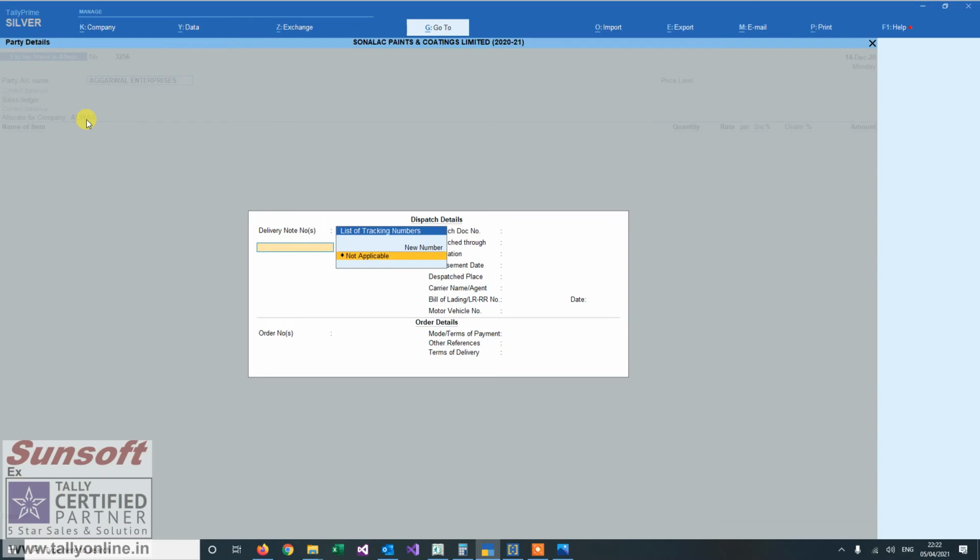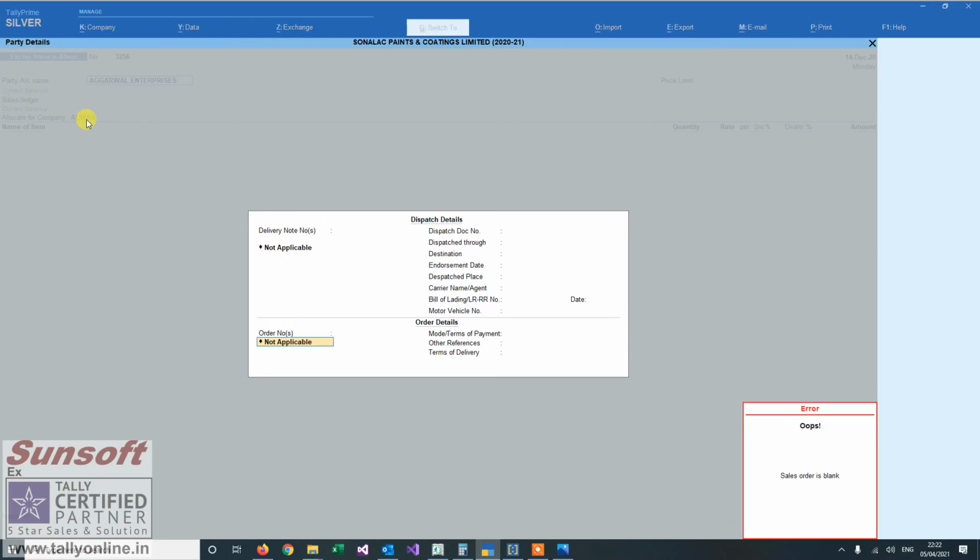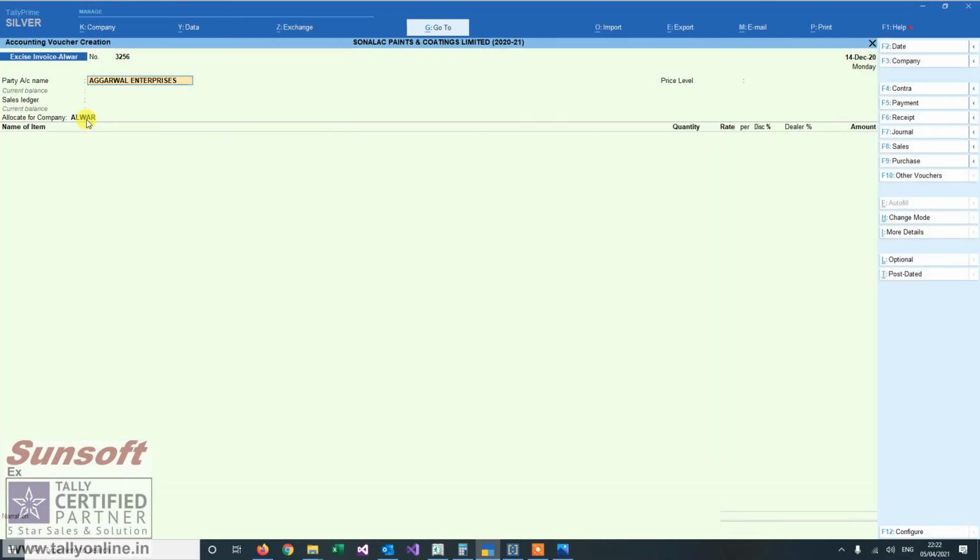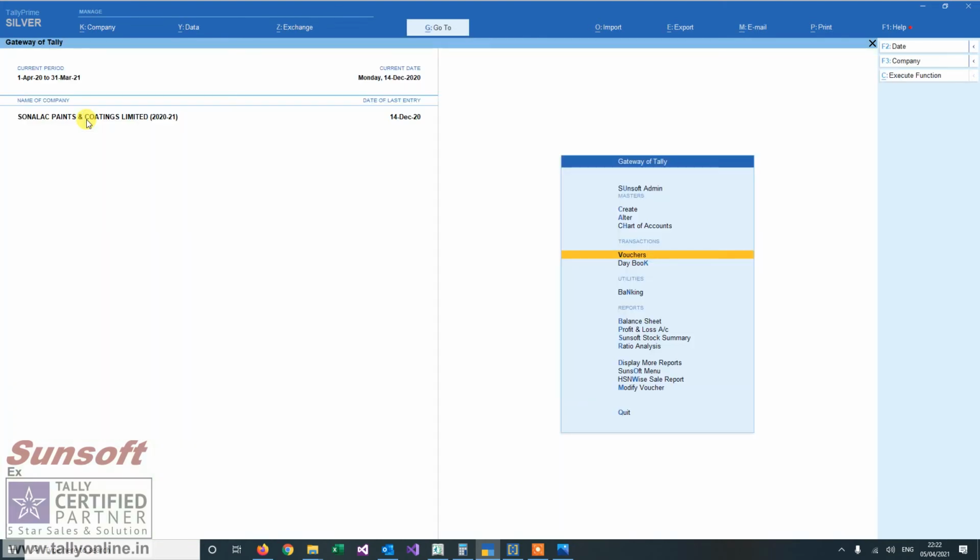So that means the relevant branch is automatically selected and the chances of mistakes are minimized.